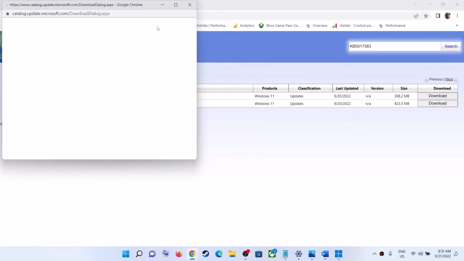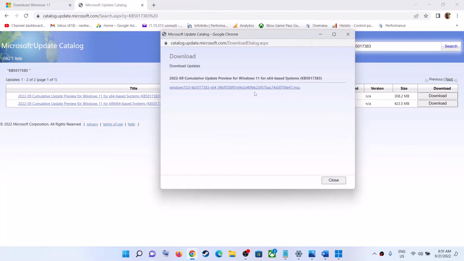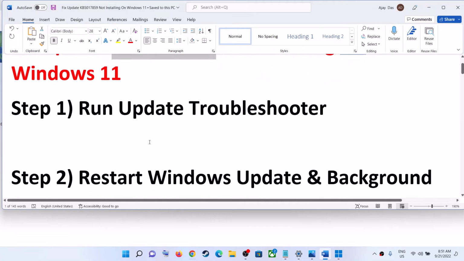So click on download and then click on this hyperlink. And once the download is complete, run this file and install Windows Update. Install this particular update manually. Now still you are unable to install. In that case,